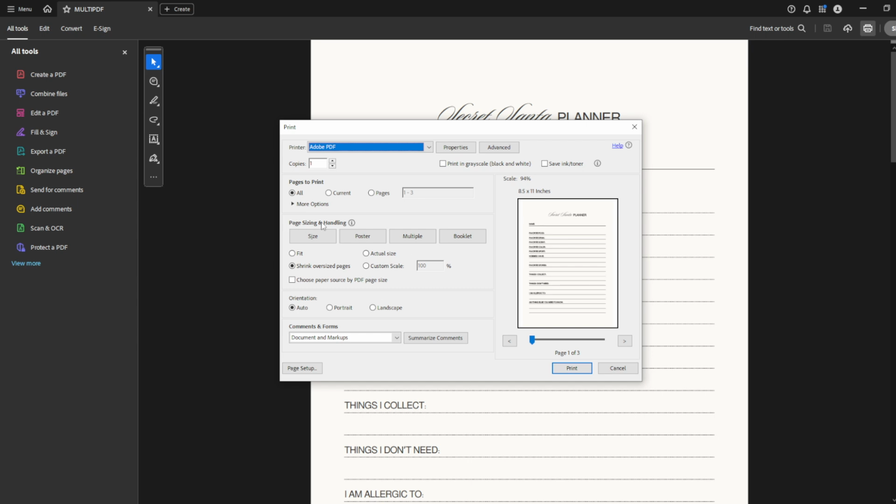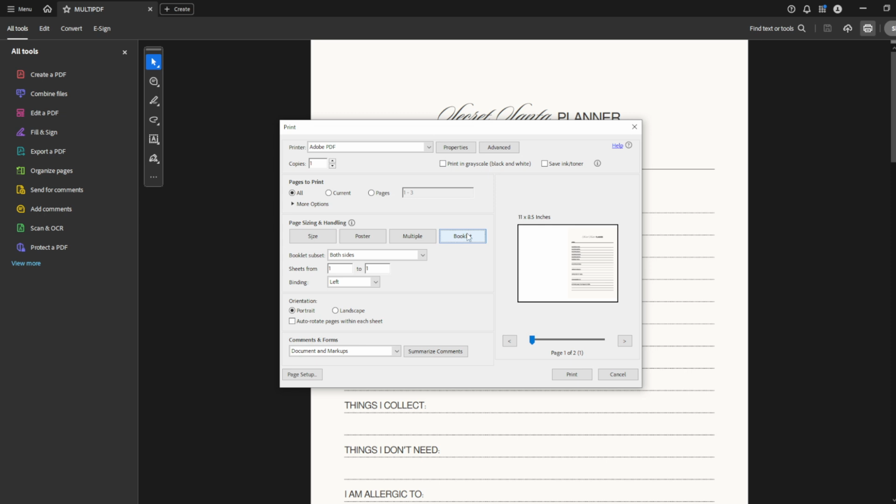In the print dialog, you'll notice a section labelled Page Sizing and Handling. It's important to pay attention to this area because it determines how your printouts will turn out. In this section, you'll want to click on Booklet. Selecting the booklet option will essentially rearrange your PDF pages so they print in the correct order and orientation for booklet mode. This setup is crucial for ensuring the pages will line up properly when you fold them in half